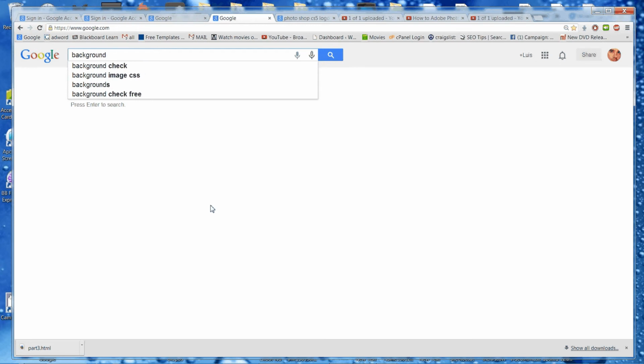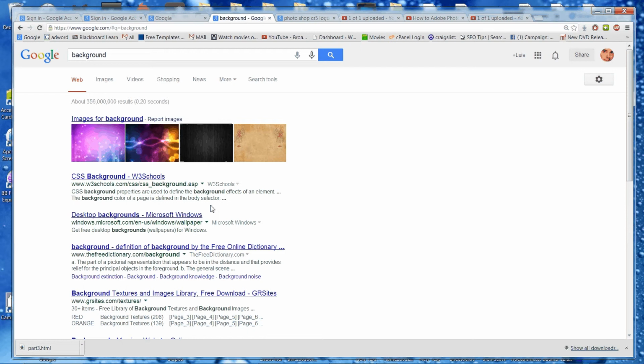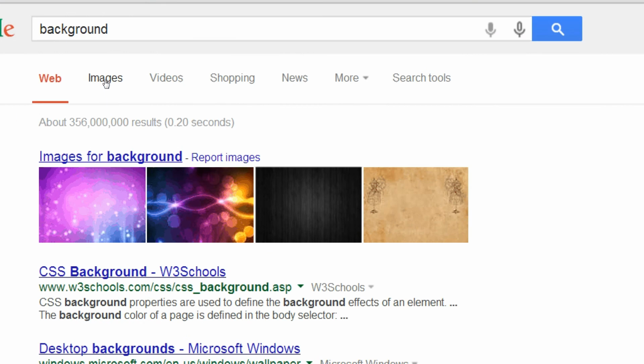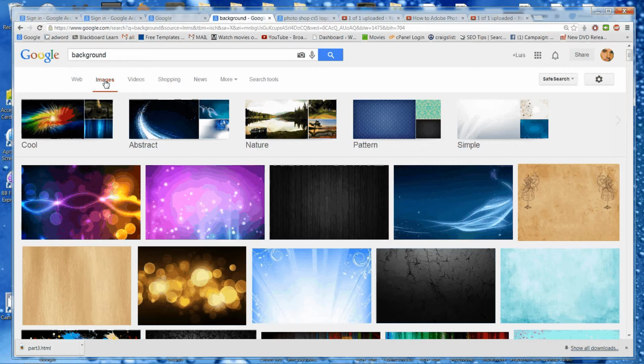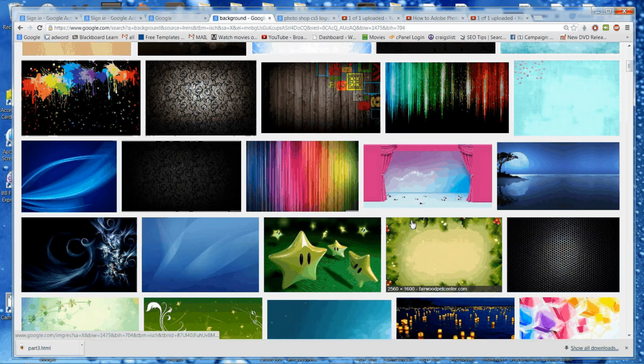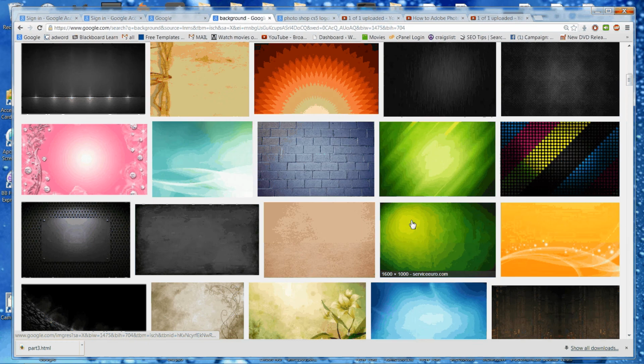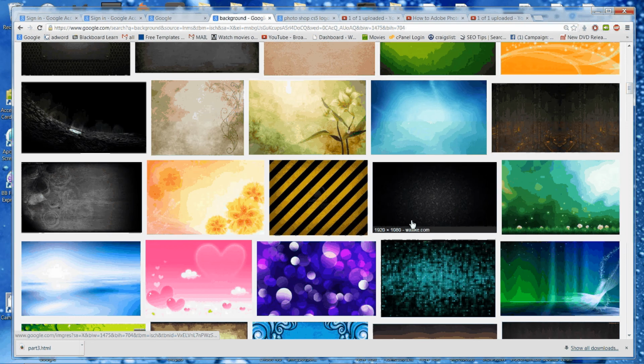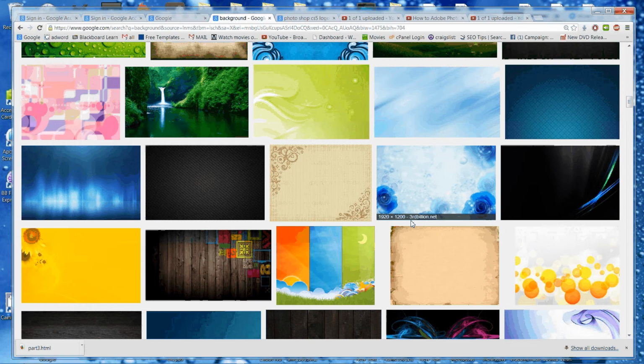And then hit enter. And then, if you take a good close look, it says images. Click on that. Alright, so now you have a bunch of images to choose from. I'm just going to grab pretty much anything because I want to teach you how to put it on